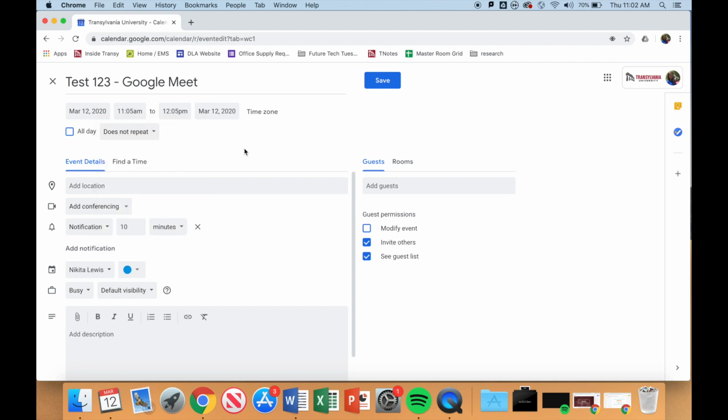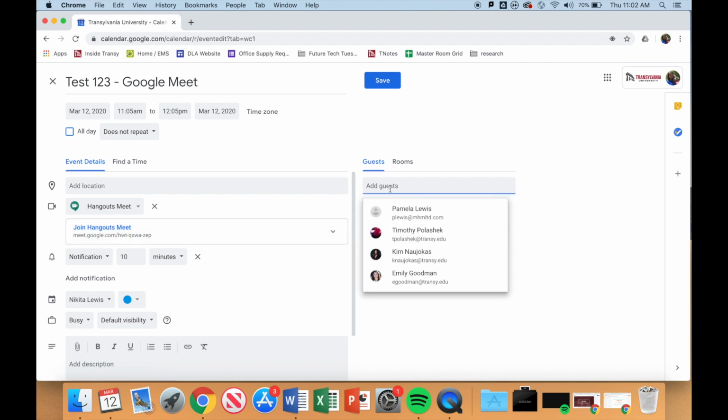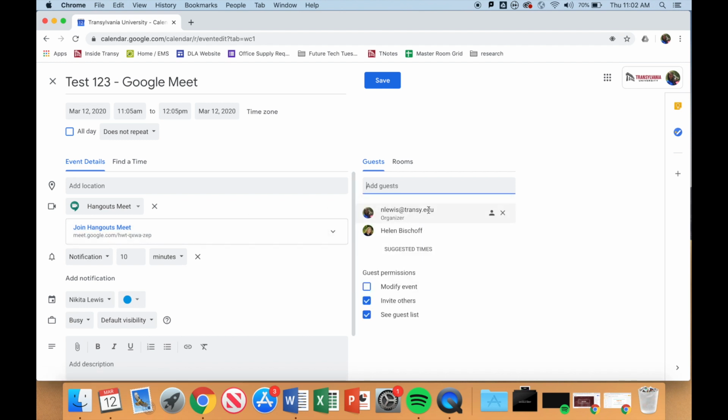The most important part about adding Google Meet is coming down to this Add Conferencing button and choosing Hangouts Meet. This will then generate the link that we saw on the other example when you set up a one-time meeting, but it will be automatically attached to your Google Calendar event. Let's go ahead and add our guests in now. I'm going to invite Helen, and I'm going to invite Laura to our event so we can look at some different options available when you have multiple people in the Google Meet session. Let's go ahead and hit Save